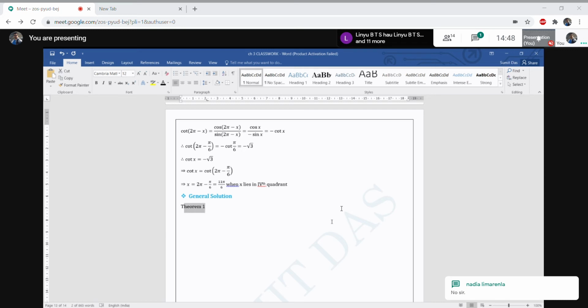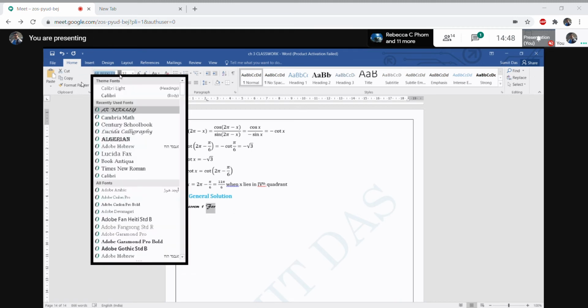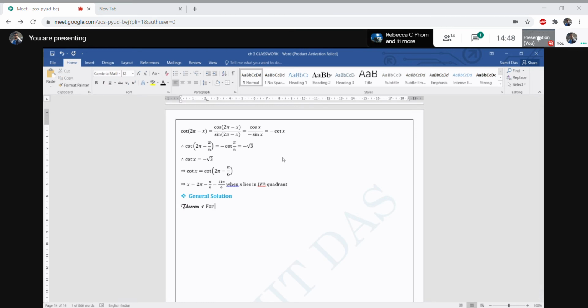Then theorem 1 is: for any real number x and y,